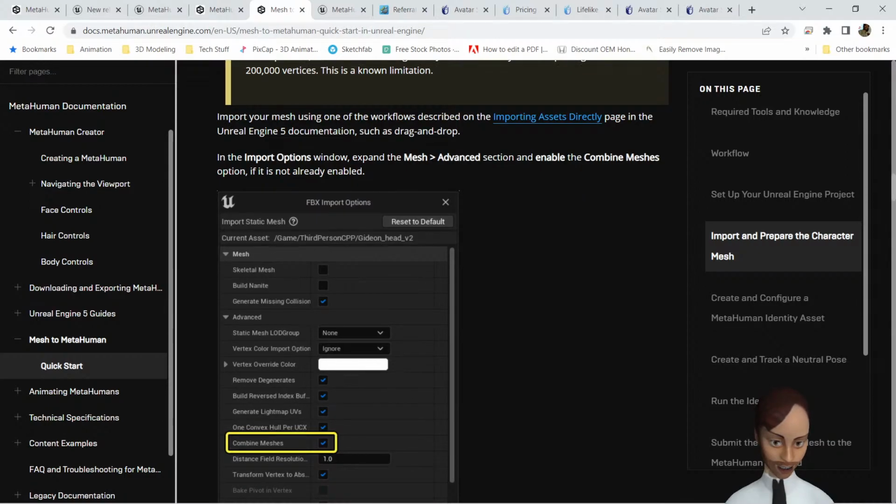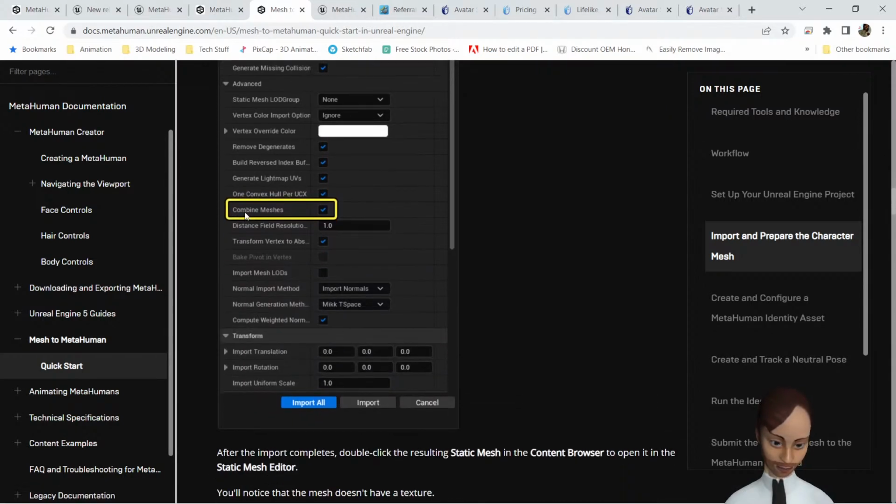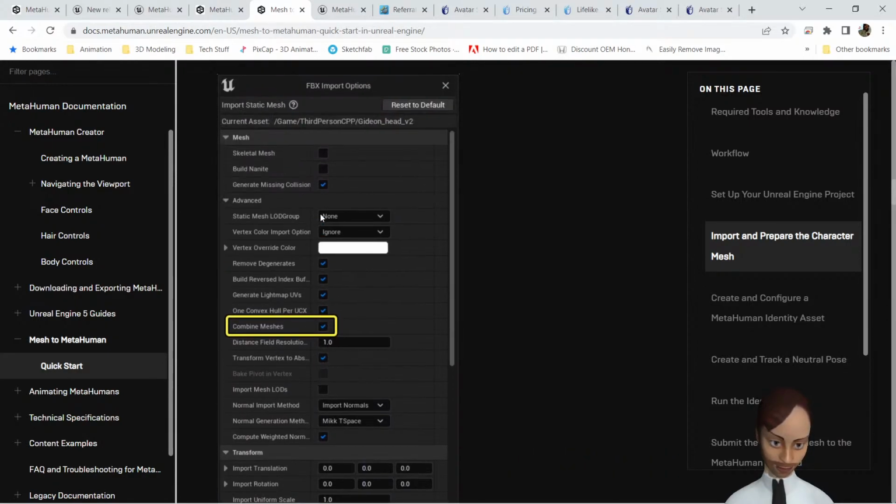Import your mesh using one of the workflows described on the Importing Assets Directly page in the Unreal Engine 5 documentation, such as drag and drop. So this is information basically telling you in detail how to import it. So that's what I was doing here with the check marks and all that stuff that I had when I tried to